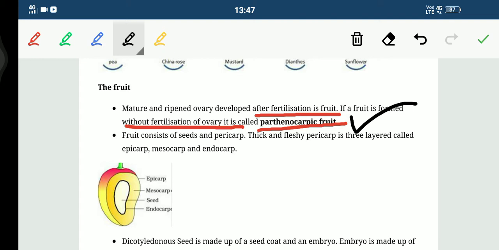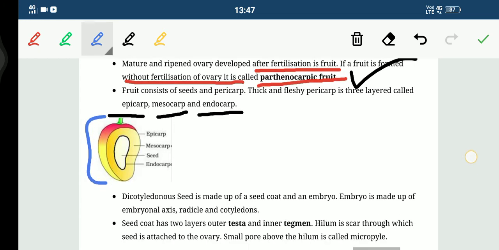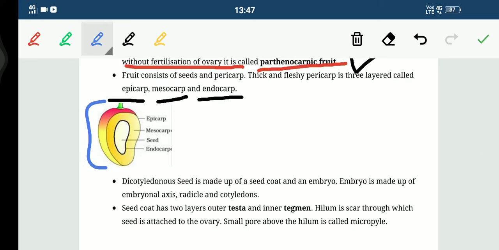Thick and fleshy pericarp is three-layered, called epicarp, mesocarp and endocarp, right? So you can see here the complete structure of a mango if you cut it. This portion is epicarp, this portion is mesocarp, this one is the seed and this one is the endocarp,